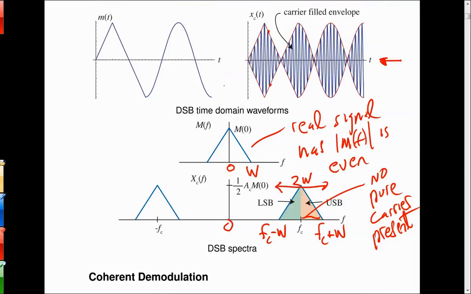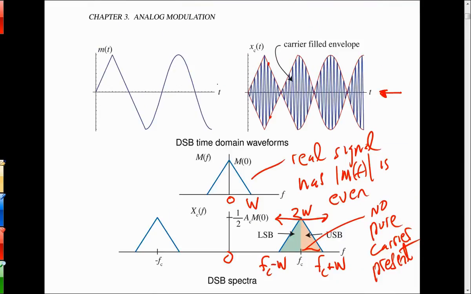For double sideband in the time domain, we have the waveform here on the right. So this is what the real waveform is doing from the picture over here. But because the carrier comes along and multiplies it, it can switch signs because the carrier is a sinusoid going between positive and negative 1. So it creates this envelope, and the envelope is just the outline of what the wave shape is taking on because of the high frequency carrier inside of there. But when you go to pure amplitude, or AM, when you add in the pure carrier,